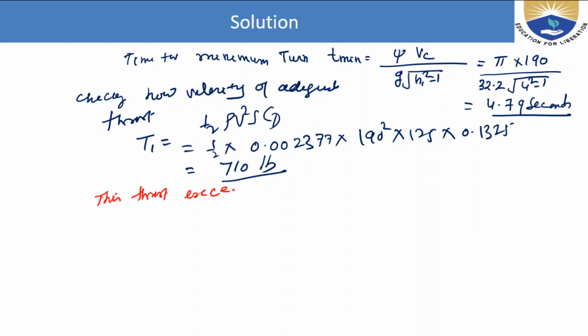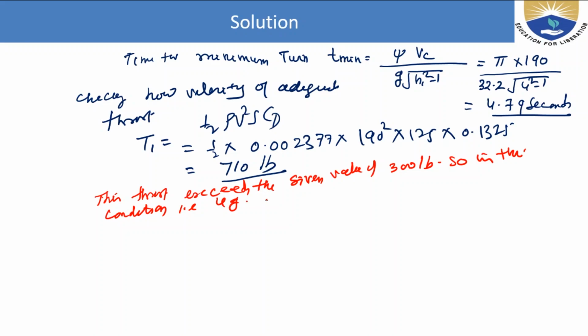So now if you see that this thrust exceeds the given value of 300 pound. So in this condition, that is at 4G, turn not possible. Turn not possible. So what is actually possible is,